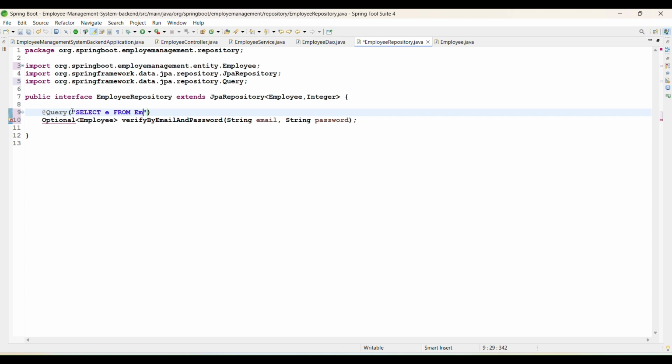employee, Employee e where e.email is equal to email and e.password is equal to password. So this is the query of our